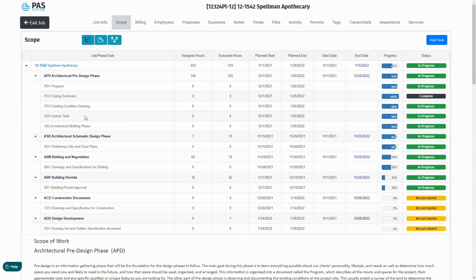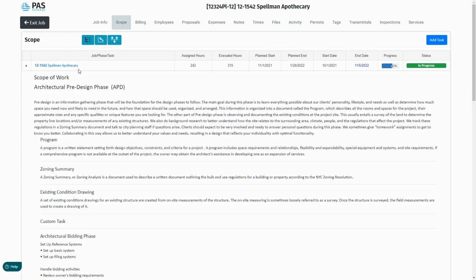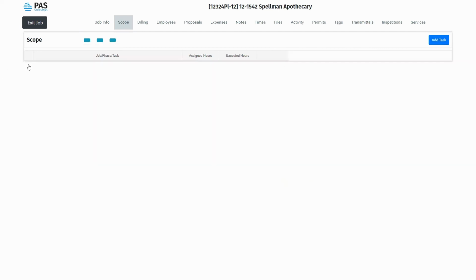So here we have the main project as a whole. You can see the total number of hours that have been assigned, the hours that have been executed so far, the planned start date, the planned end date, when it actually got started, which is actually a month early, which is nice, and the day in which it should end if everything were to continue at the same rate that it has been worked on up until this point. Beyond that, you see the progress percentage. This top one, of course, referring to the project as a whole. In fact, if I were to close this, you would see only a bird's eye view of the project here. But let's go ahead and open this up.